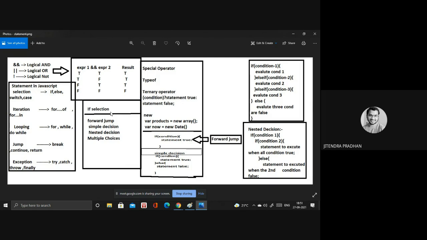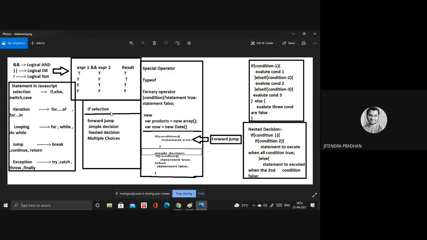We are not discussing exception handling, because it's mostly required on the server side, using try, catch, throw, and finally to handle errors. First we discuss the selection statement.